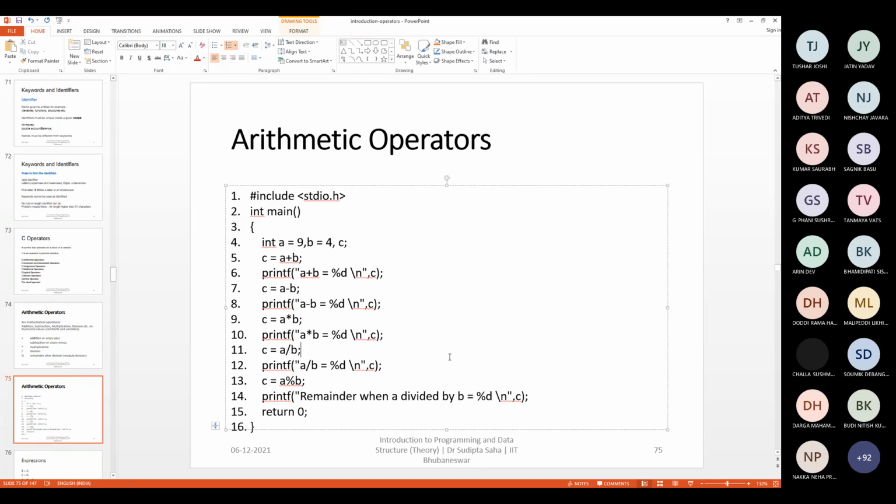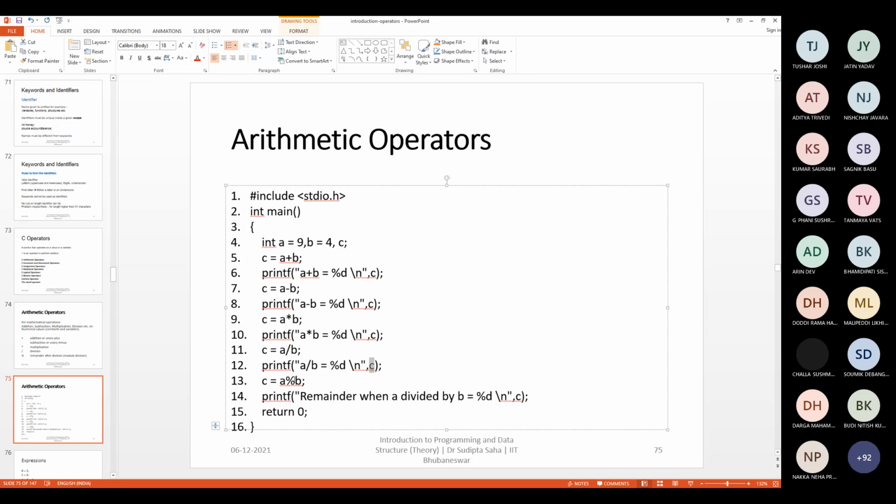Okay, so the natural question is coming that how to preserve the fractional component in any operation, because if you lose the fractional component, the result may be actually drastic. I will give an example to you. So here the result is what? 9 by 4. What is the result of 9 by 4? 2. 4 into 2 is equal to 8. So actual value is 2 point something, but C will be storing 2 only. The point part will be missing.